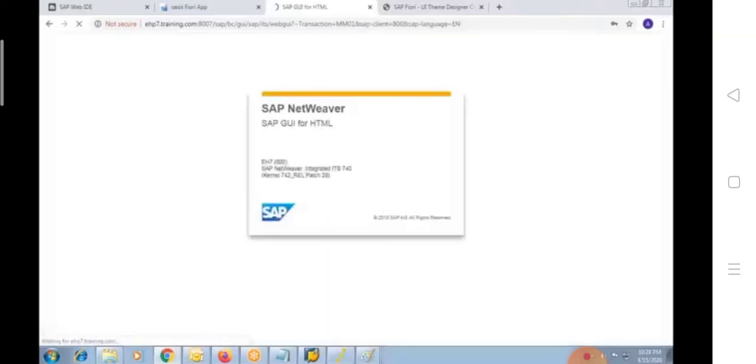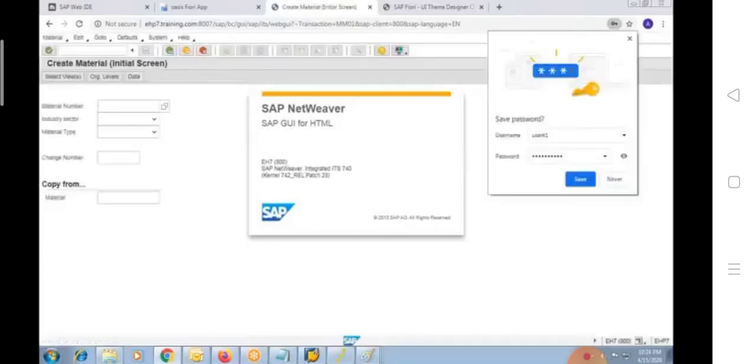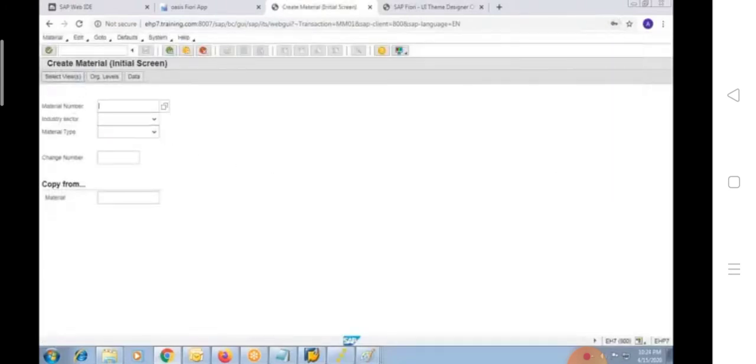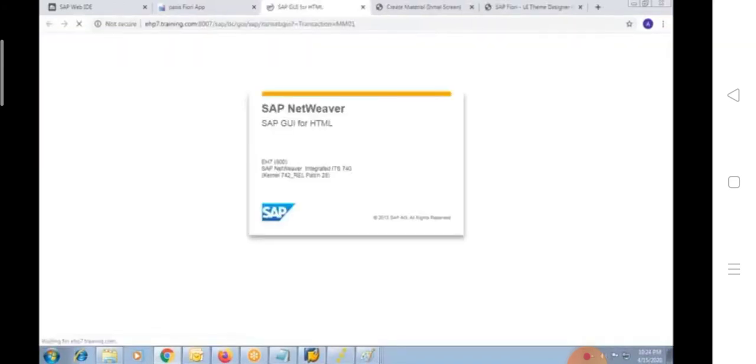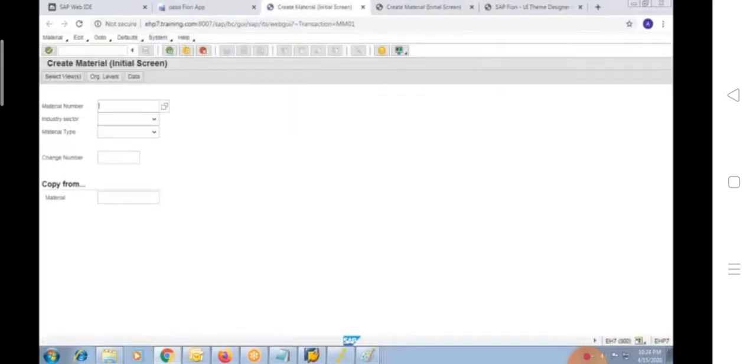So it opens your normal ABAP transaction code. In this case, it is opening create master data, that is MM01. MM01 is a transaction code we are trying to open on click of this. So that is also possible. From Fiori, you can click a button or a link, and based on that, you can navigate to your original ABAP screen in case it is needed.